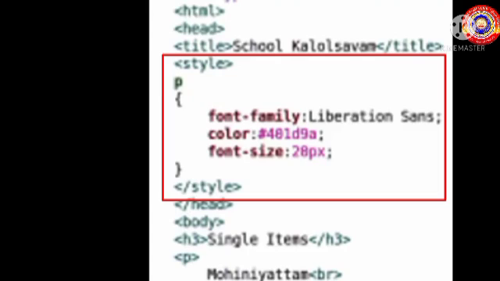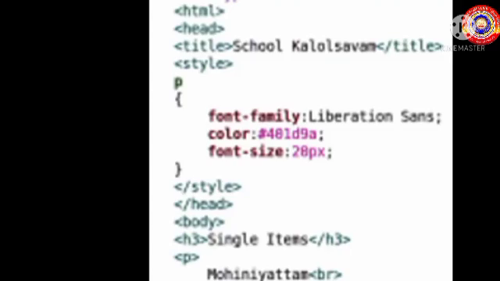That is for Mohiniyattam and Bharatanatyam once, and again for Oppana and Tiruvadira the second time. So to avoid this repetitive code typing, we have used style here. Is it clear for you?